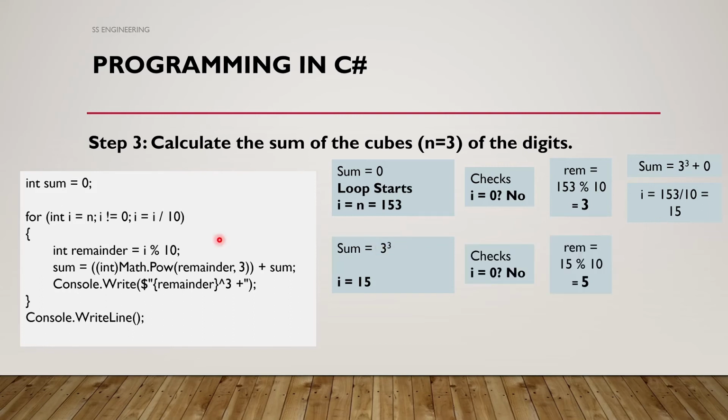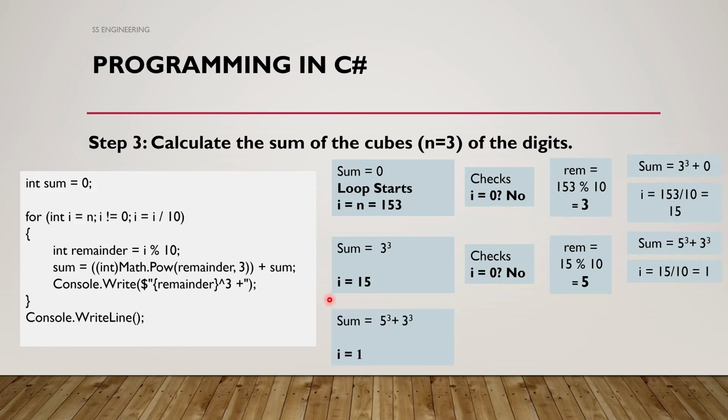No. It goes to the loop, calculates the remainder. We have i equals 15. 15 by 10, we have a remainder of 5, which is the second or 10th place of our 3-digit number. Now again it calculates the sum equals 5 remainder cube, which is 5 cube, plus we already have sum of 3 cube from loop 1. Now it goes to another step. It makes i equals 15 by 10, which is 1, because 1.5, it removes the number after decimal,